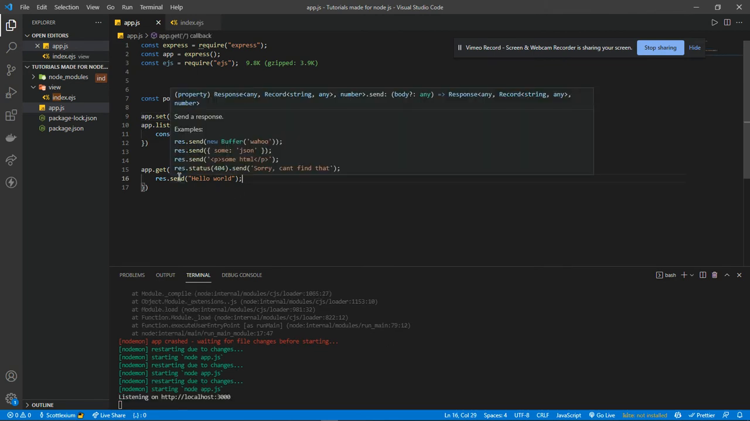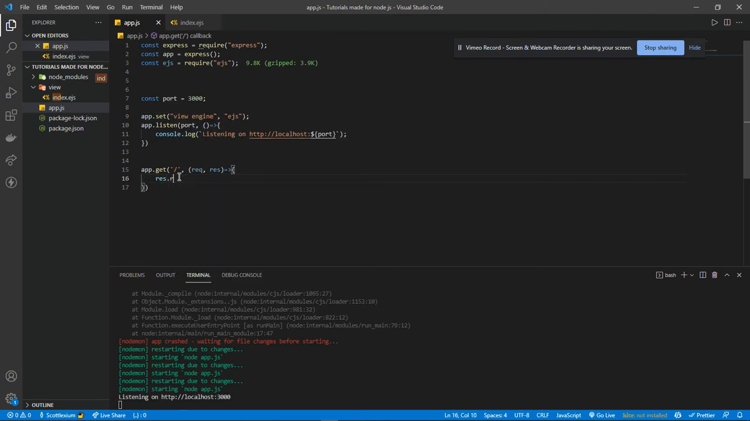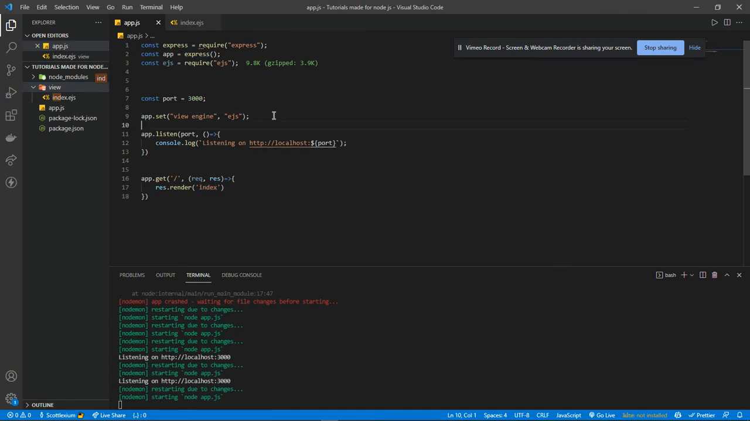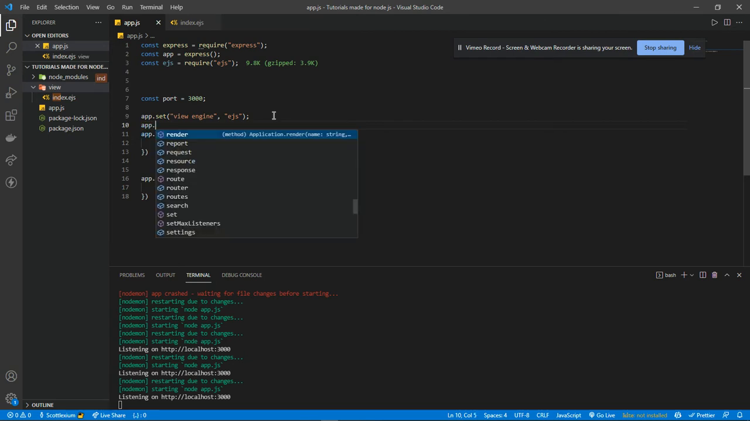So I can do response.render index. What this will do is that Express will automatically look into the views, and by looking into the views, it will render the index.ejs file. But for you to do that, I need to do